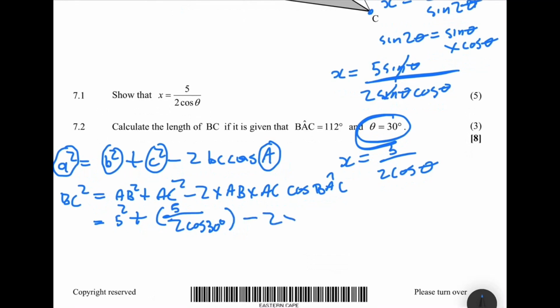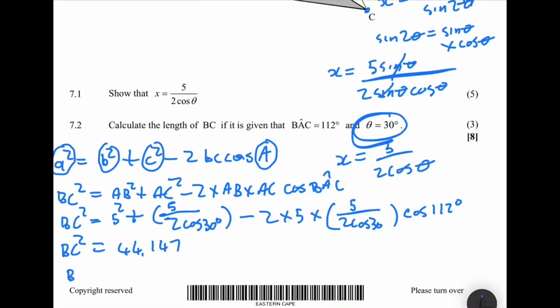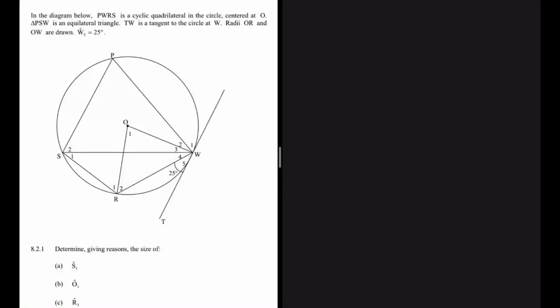Minus 2AB, we're saying that AB is 5. And then AC, AC is 5 divided by 2 cos of 30 degrees, and then cos of BAC, which is 112 degrees, right? This is BC squared. And then you will find that BC squared is equal to 44.147. And then if you take square roots on both sides, you get BC is equal to 6.64 units. When it comes to circle geometry, getting the keywords right from the statement is the most important thing,